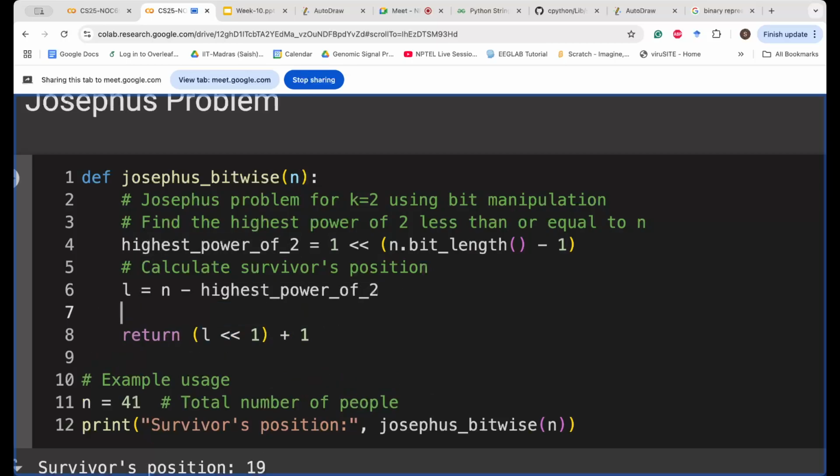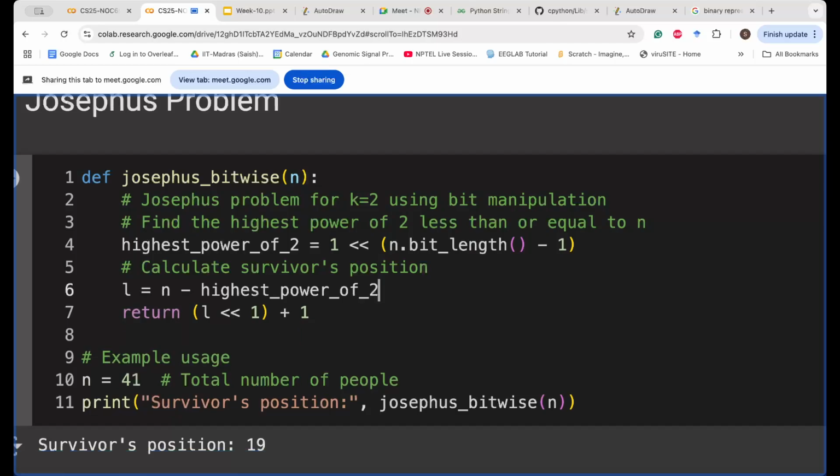You could have simply written this as 2 into L plus 1. But I just wanted to show an application of bitwise operation, because we discussed it in the class and never had any application of it. So this was one occasion I thought I'll discuss this and show you the application of bitwise operation. This is used in many coding challenges because bitwise operation is sometimes faster than normal multiplication in many